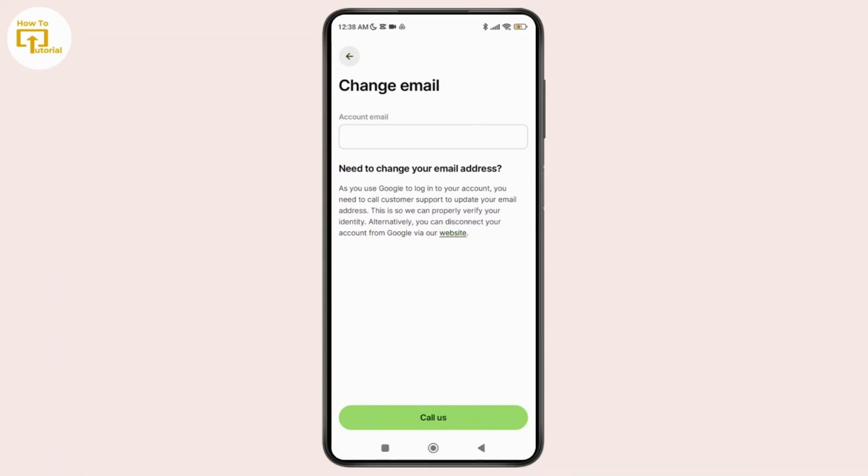tap and enter the new email address that you want to use, and after that Wise may ask you to confirm this change using your password or the verification code sent to your phone, and you just have to check your new email inbox for the confirmation messages from Wise, and after that you just have to click the verification link, and that's it. Once you do all of those things, your Wise account will be updated with a new